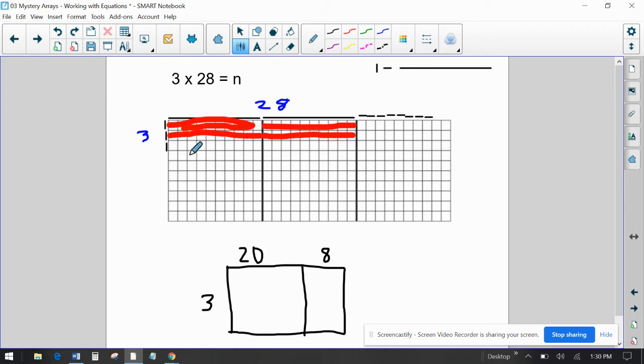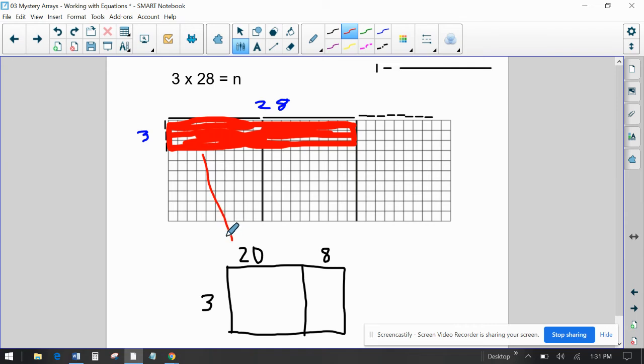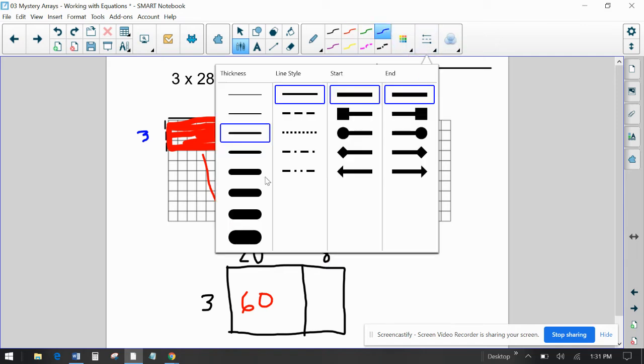Here's a 20 for the second 28. And here's a 20 for the third 28. So basically all this filled in, that's going to coincide with this right here. So 3 times 20, if I counted them, 10, 20, 30, 40, 50, 60. 3 times 20 is 60. And you just need to know 3 times 2 is 6 times the 10. And next, we have